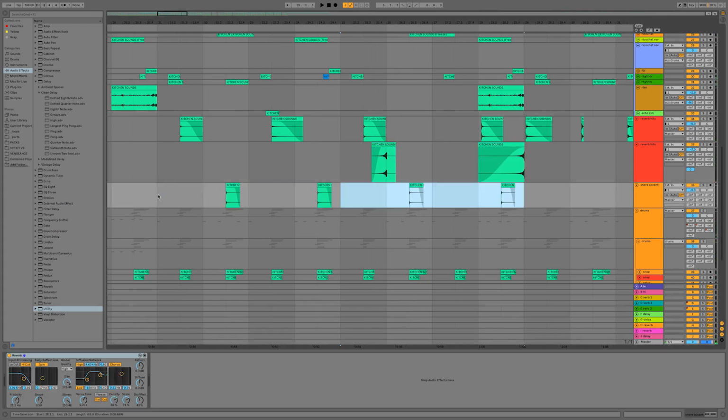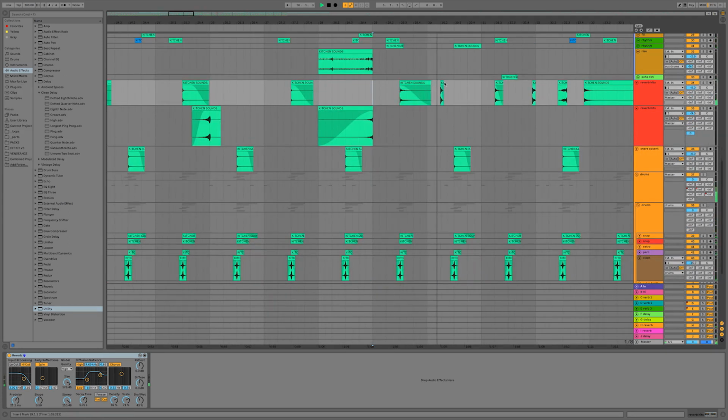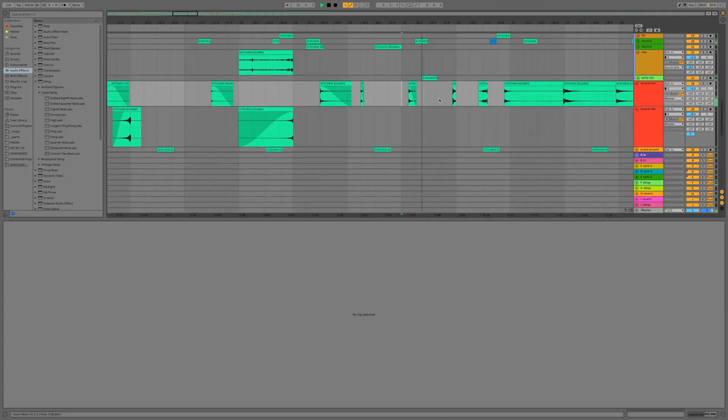Let's keep our echoing snares going. Start introducing some of these reverb hits that aren't just on the snare, but at other little accent points as